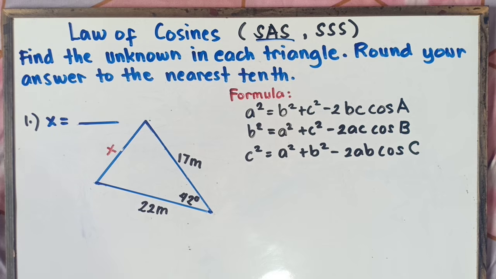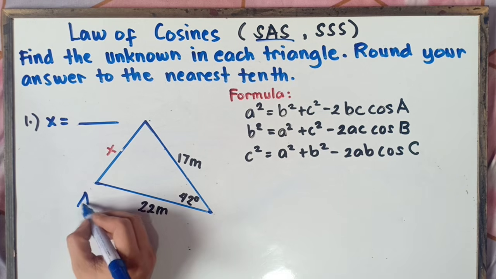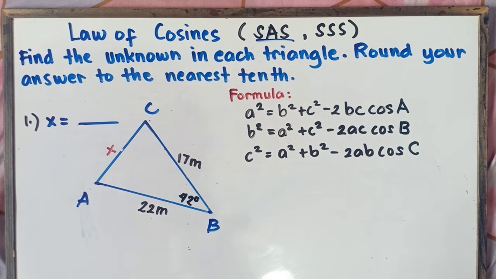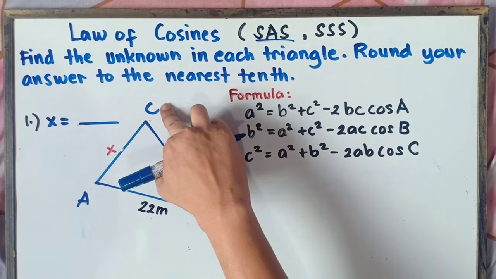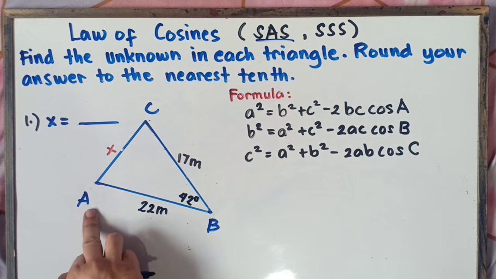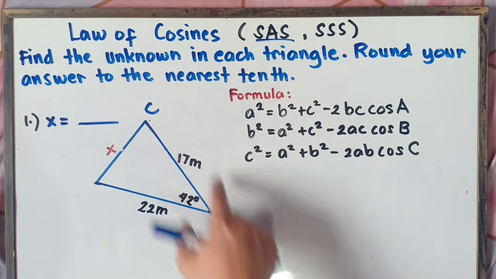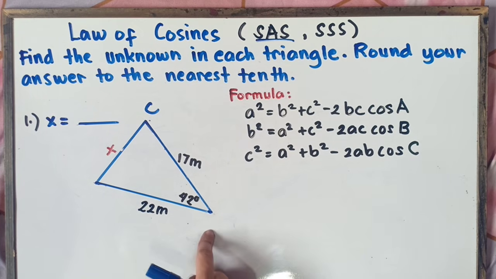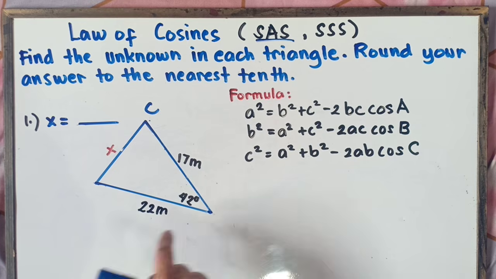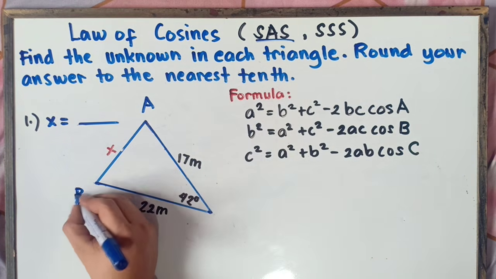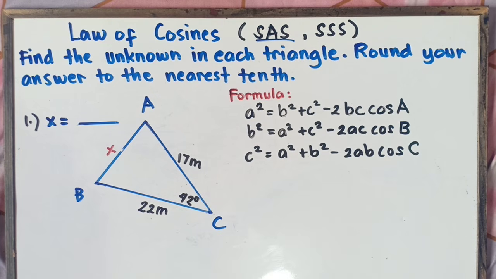Once again, class, you can assume any letters. You can have triangle ABC. Now, I have a question, sir. Can I put A here on the top, and then B here, and then C here? Can I interchange this? Once again, class, in this scenario we need to assume letters because we don't have the values of A, B, and C. Can I put A here, then B here, and then C here? Yes, class, you can do that.